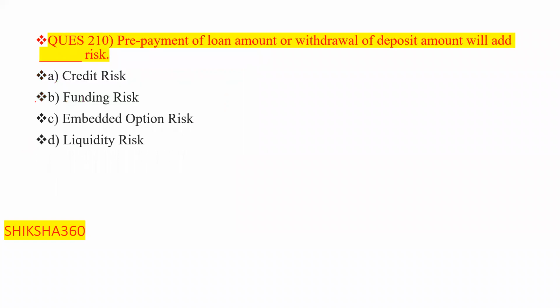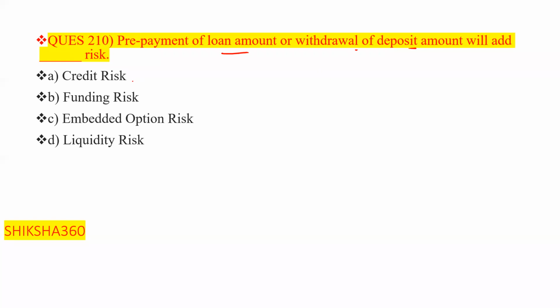Now move to the last question of our today's discussion. That is prepayment of loan. Prepayment of loan amount, or we can say closure of the loan before the tenure, or withdrawal of deposit amount. Clear? Which type of risk will it add? Credit risk, funding risk, embedded option risk, liquidity risk. Prepayment of loan amount or withdrawal of deposit amount will add to